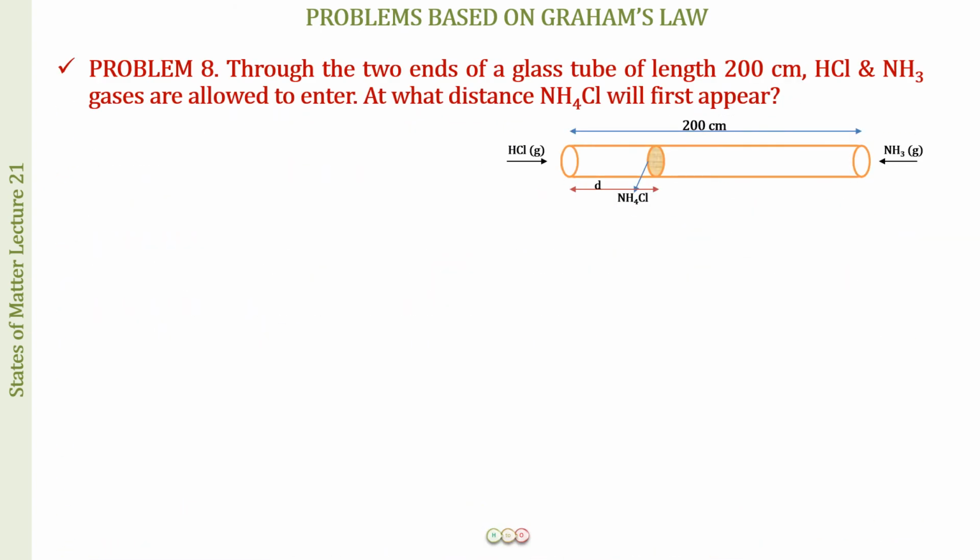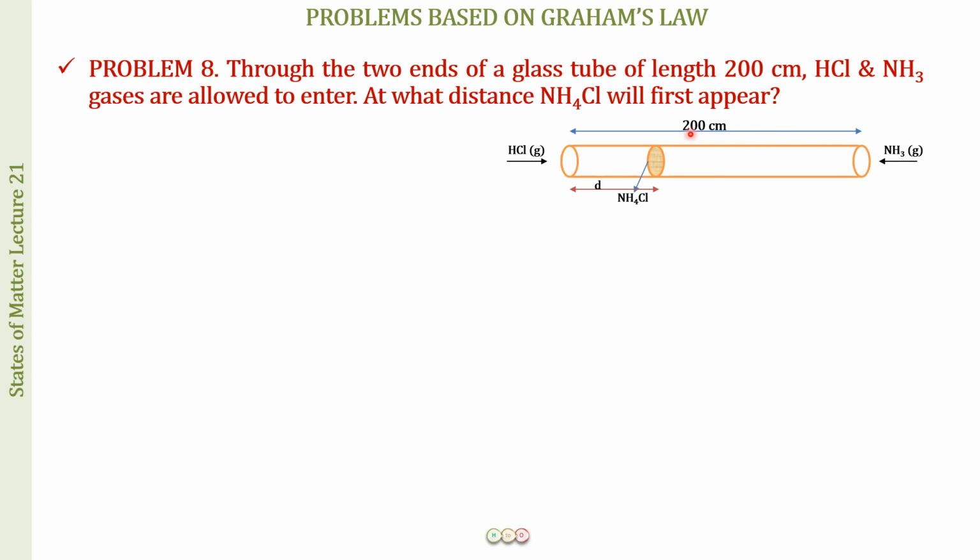The last question that I have for you today is: through the two ends of a glass tube of length 200 centimeter, HCl and ammonia gases are allowed to enter. At what distance will ammonium chloride first appear? So again, this is something that we have already done in the previous lecture, a thorough understanding of the concept